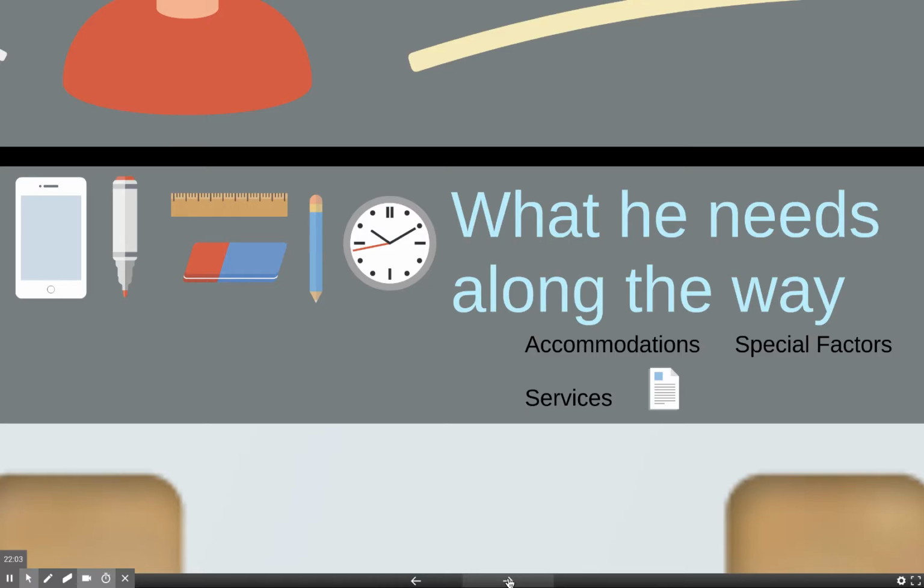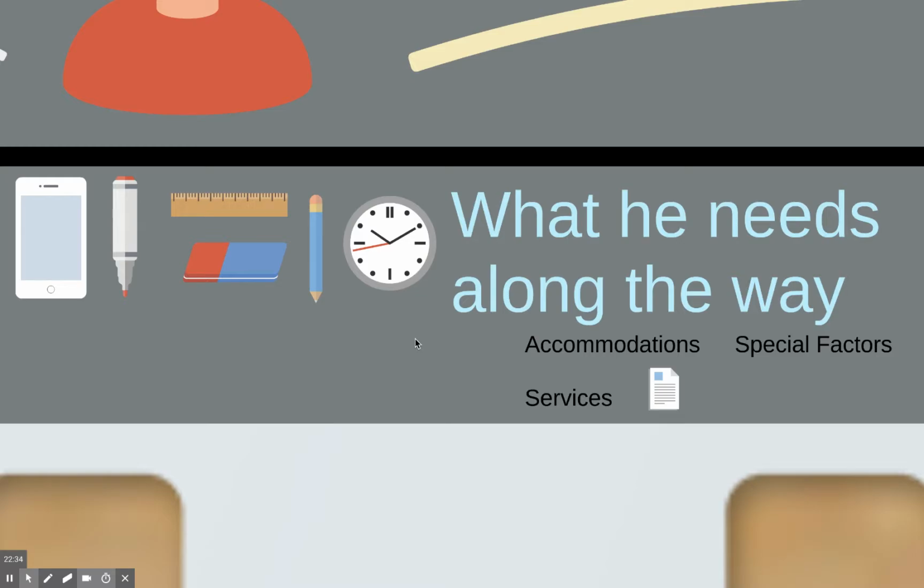These are the parts of the IEP that tell the special factors, the services, the supplementary aids, right? All of those things that we build into the IEP that say, in order for this student to be successful, here are the things we've tried that have worked. And even in the notes, you can write things that we've tried that have not worked. But clearly and very specifically communicated within the IEP should be those accommodations, the special factors, the services, and the